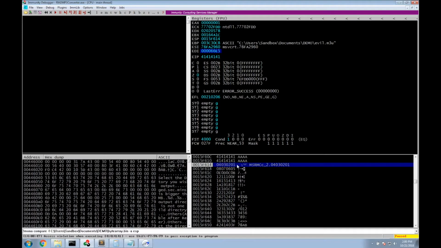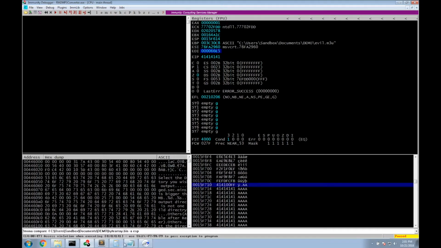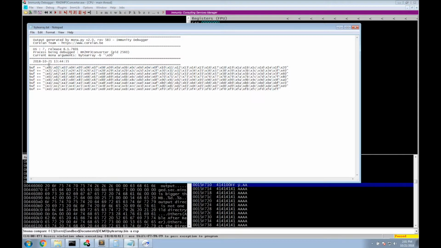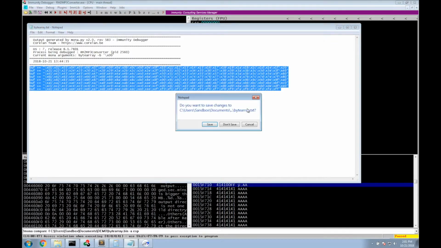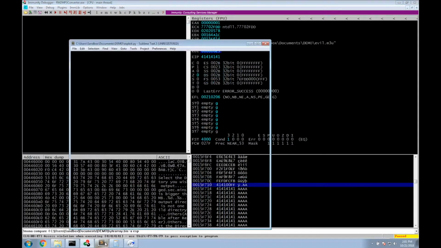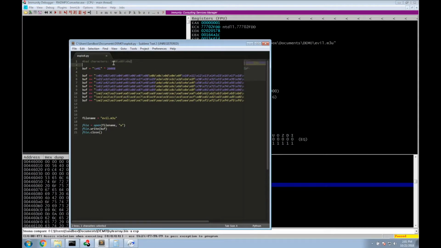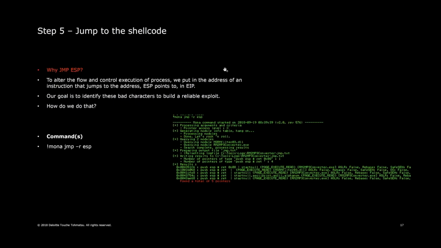This looks a lot better, so we can see 1, 2, all the way through. Still good, still good, still good, and we've reached the end. The last one we saw is FF, which, if we look at our array, is the last character. So if it's successfully been able to pass all of those characters, then that means we've found all of our bad characters. So in whatever shellcode we generate, we have to omit 00, 09, and 0A. Now that that's done,